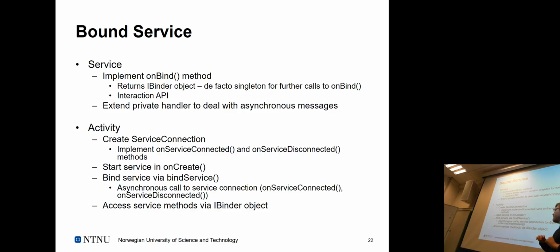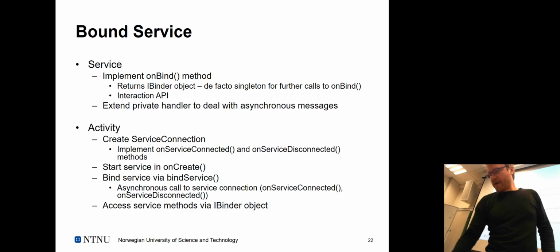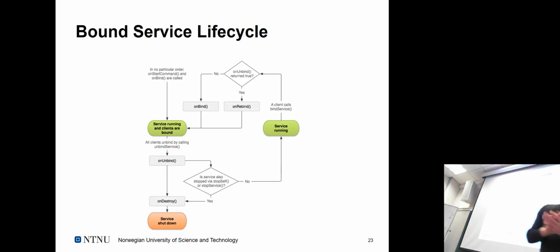And it's basically an asynchronous call to the service connection, and then you get feedback, okay, hang on. So this call to bind service returns immediately, but you will eventually get an invocation on the callbacks to know, okay, now you're connected to the service. And then you interact using this iBinder object that you retrieve based on the onBind method that's provided by the service itself. Right, so a bit involved.